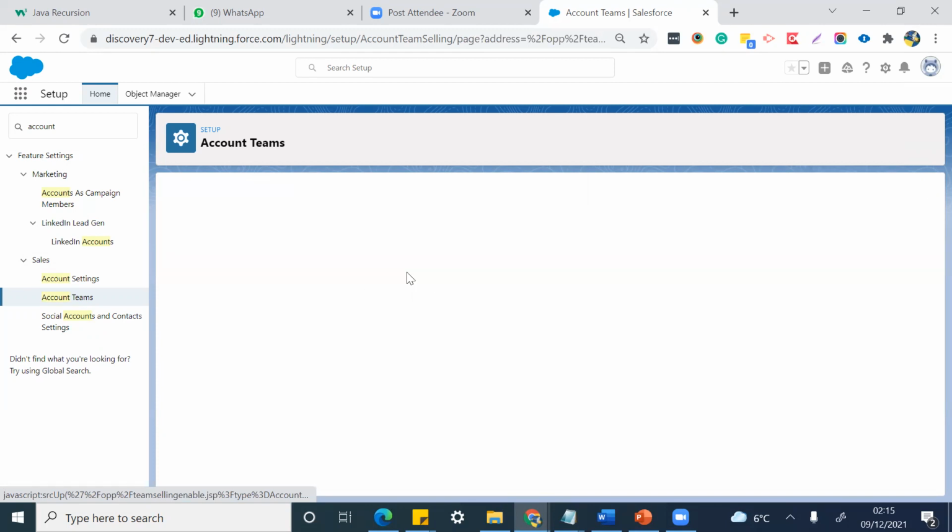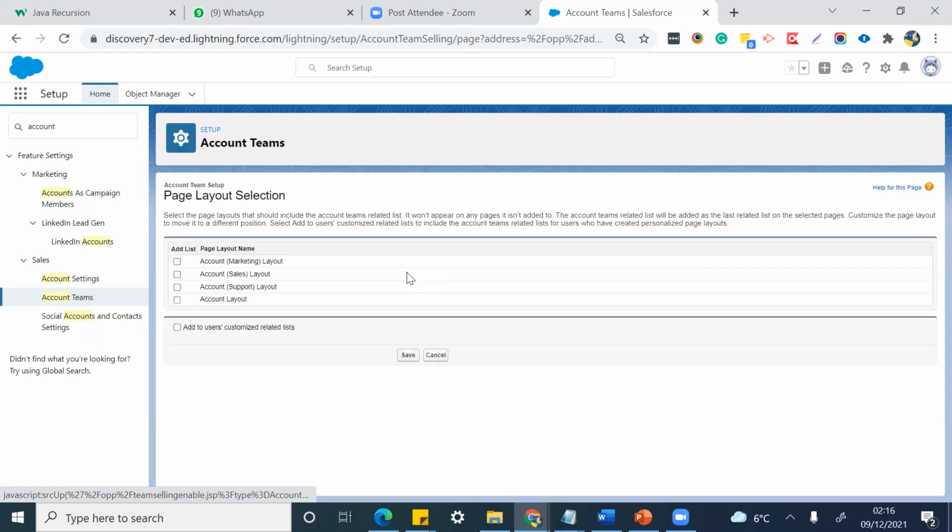So account teams is ready. After that, we choose where the account team layout will apply. We check the account layout checkbox and add users customized related list also. It will come in the related list if we check this button. Save.